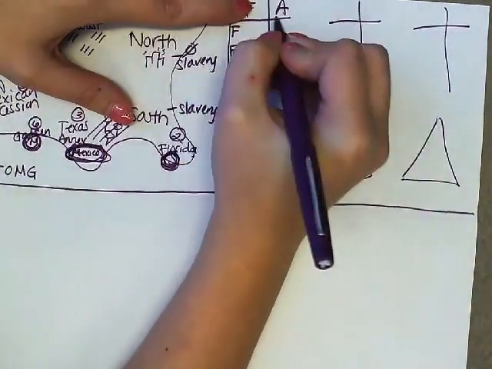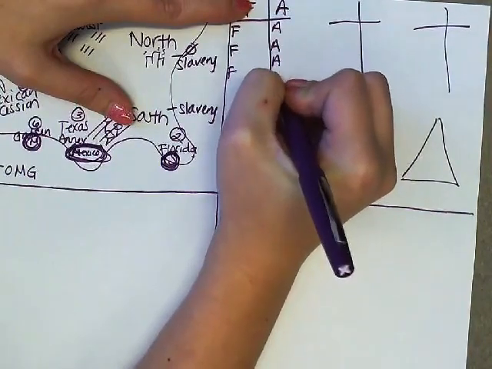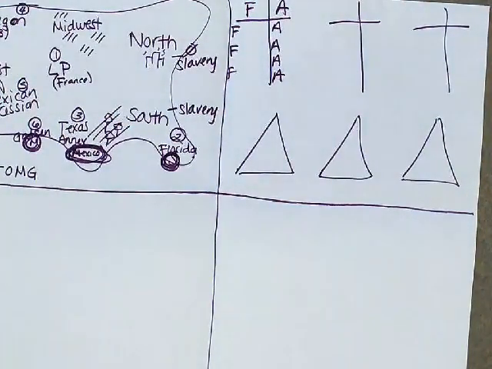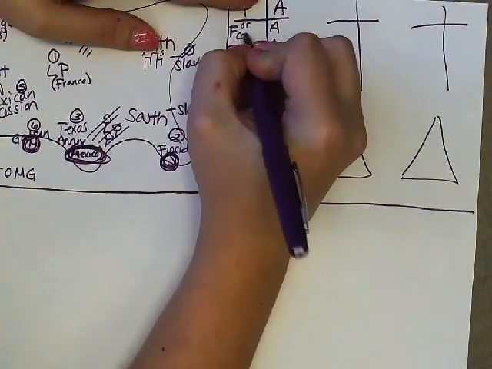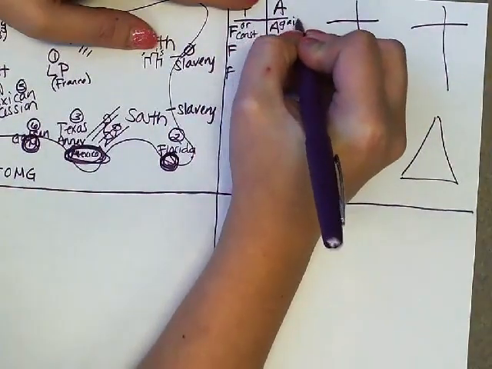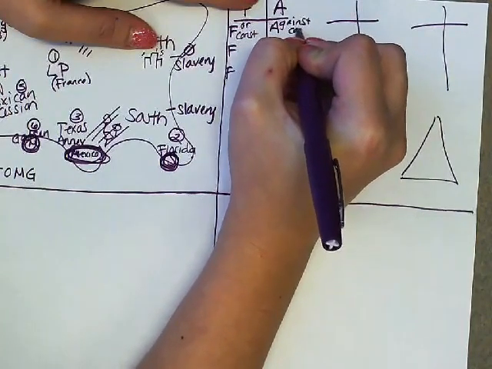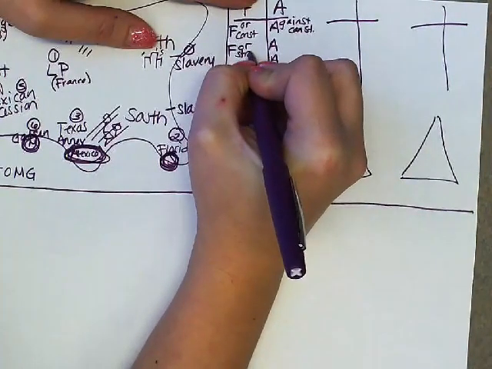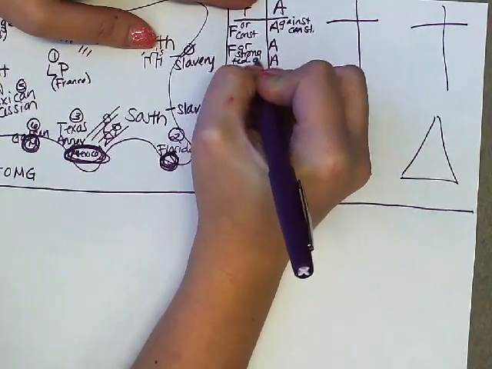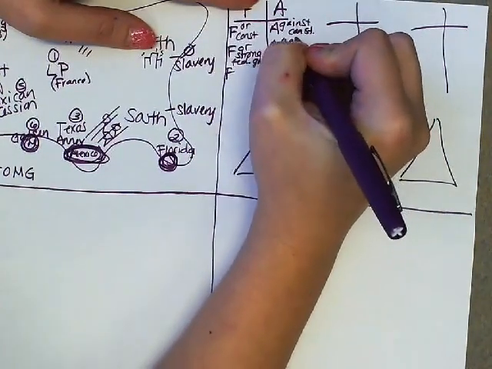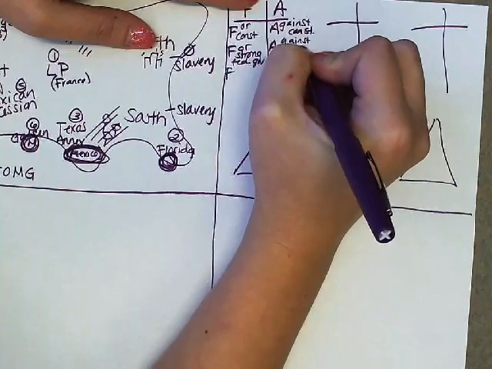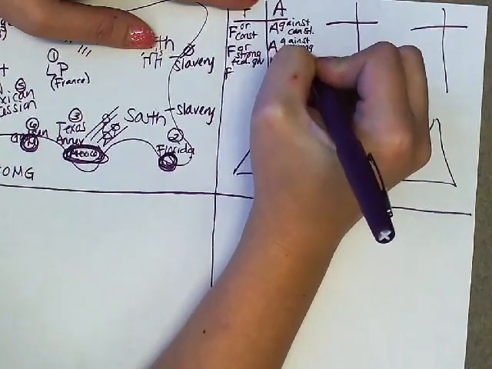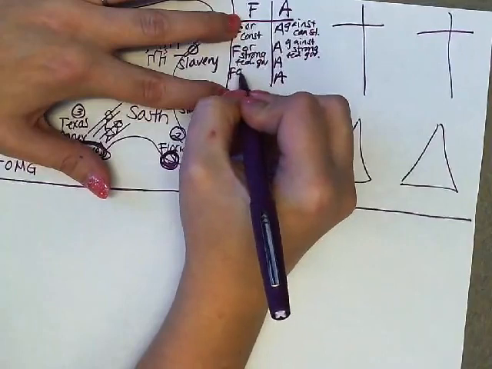3 F's, 4 A's. So we have to be able to analyze an argument and say, well, what would a Federalist say? Or which one of these would be from a Federalist or an anti-Federalist? So we have for the Constitution. So that means the side is against the Constitution. This is for a strong federal government. So that means this side is against strong Fed Gov. And they are for weaker